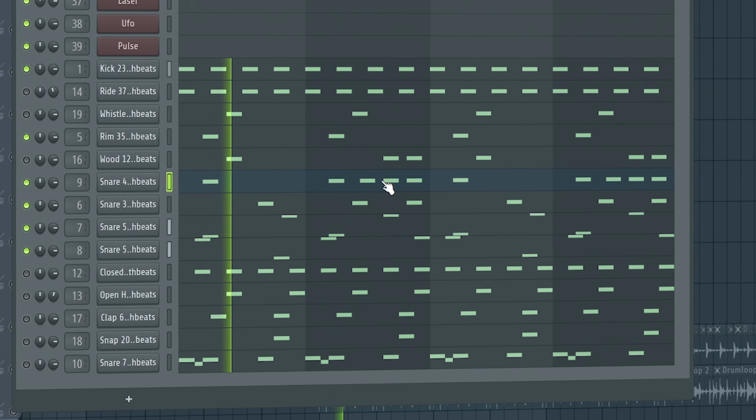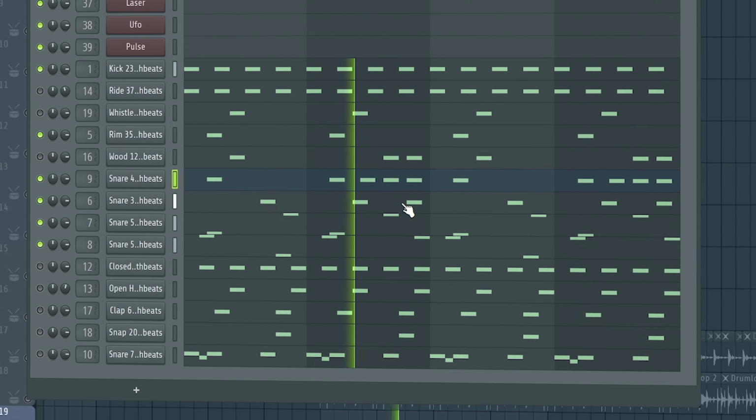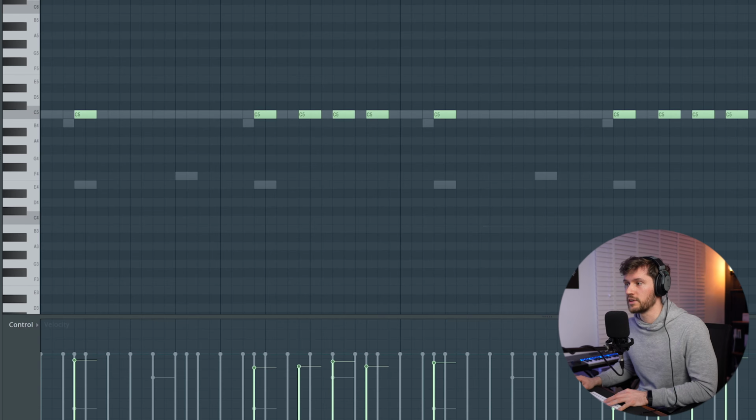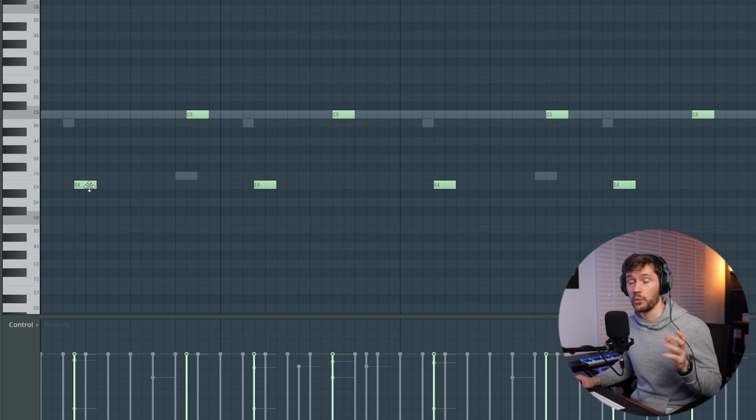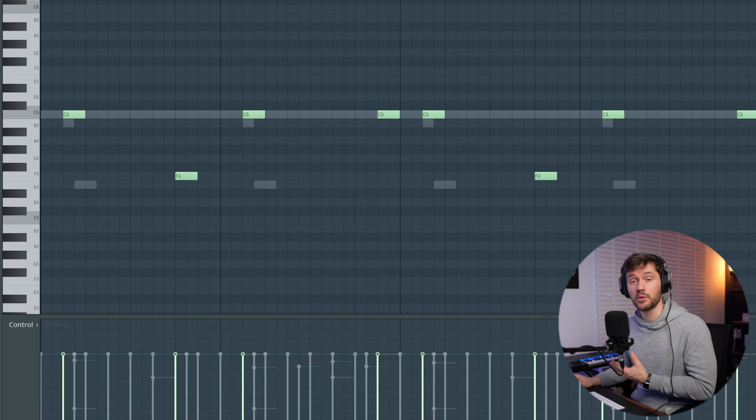The number one trick when it comes to making AMAPIANO drums is using multiple snares, which are following different rhythms and patterns. So we're layering multiple ones, like this one, this snare, another snare, this snare, which is playing in multiple pitches, so E and C, and also another snare. So right now, just using snares, we have this rhythm,